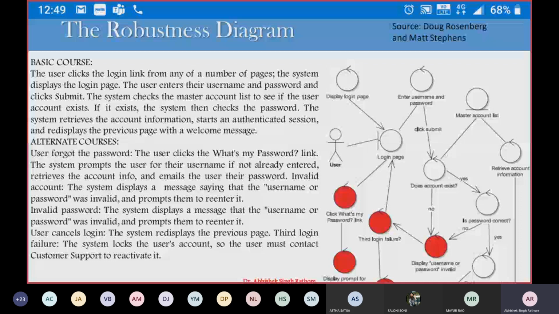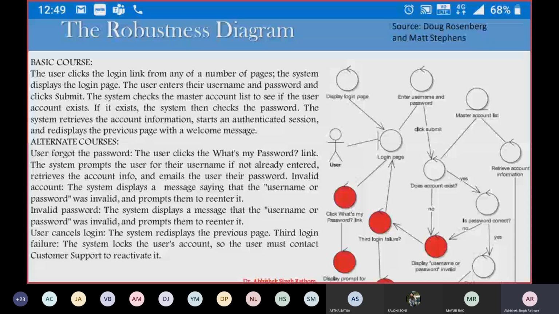Then the user enters their username and password and clicks submit. So when the user clicks on the login page or any link in your system, we have some different entities. First is the login page, which is a boundary class.